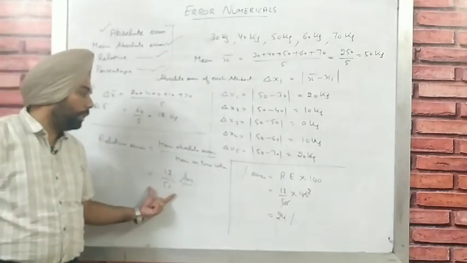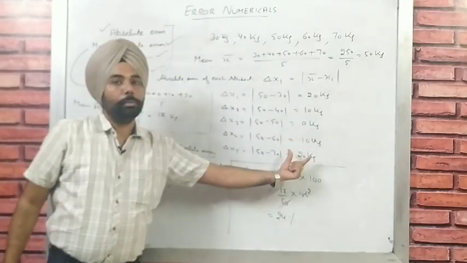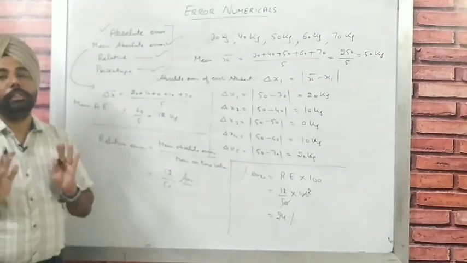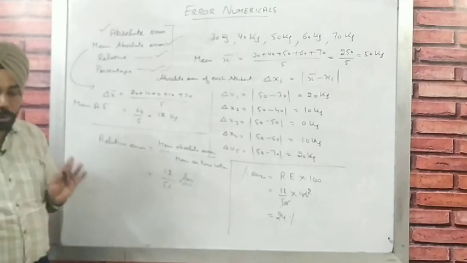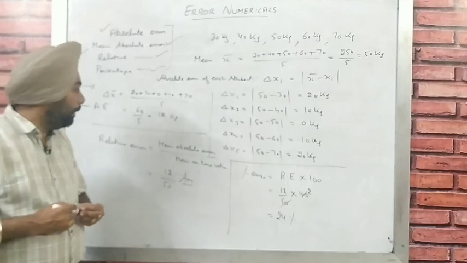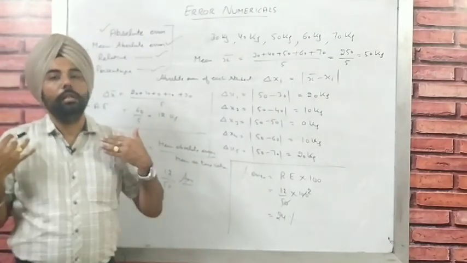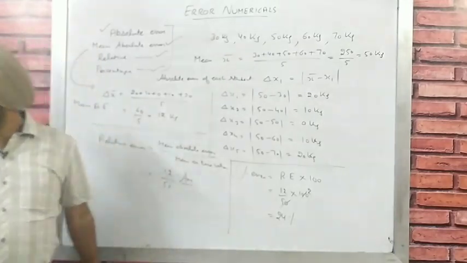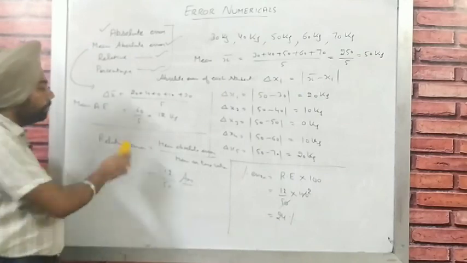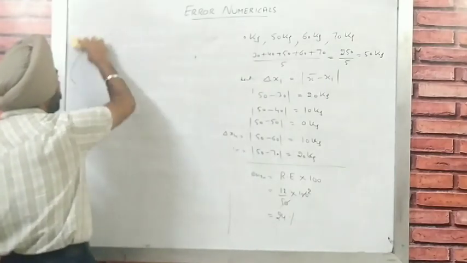Now that is the answer of relative error, and that is the answer of percentage error, that is the answer of individual absolute errors, and that is the answer of mean absolute error. We can find out each and everything very easily. I think you have the knowledge of absolute error, mean absolute error, relative error, and similarly percentage error. Now we are going to discuss the combination of errors. It's very easy. If you have the knowledge of that thing, you can easily solve the other numericals as well. Now we are going to take the next type of numericals.